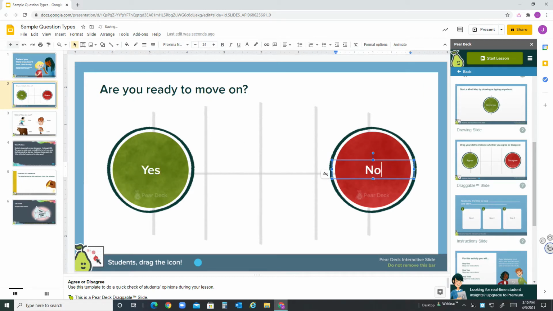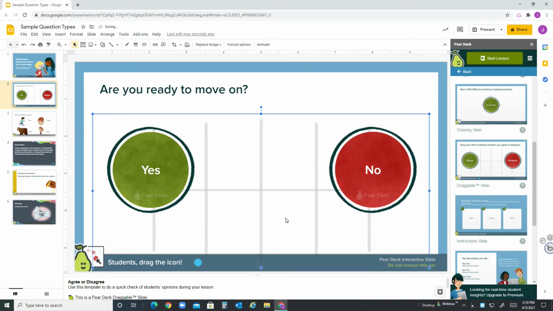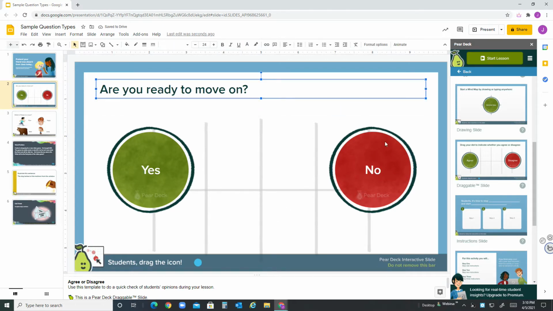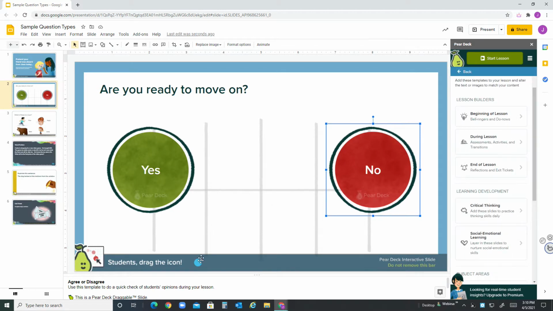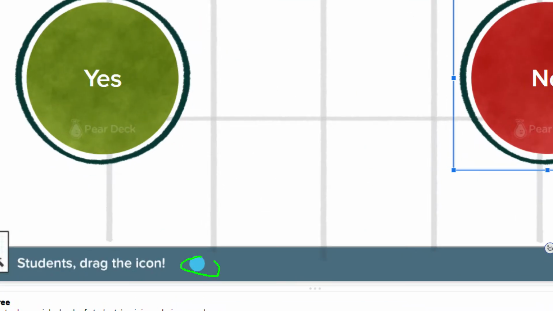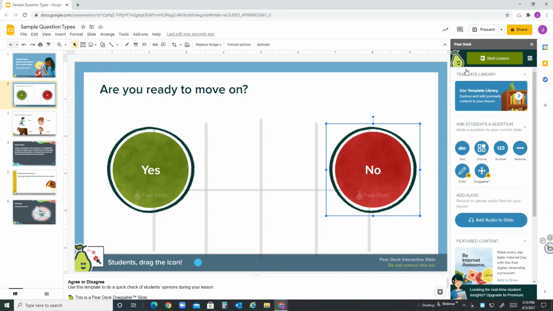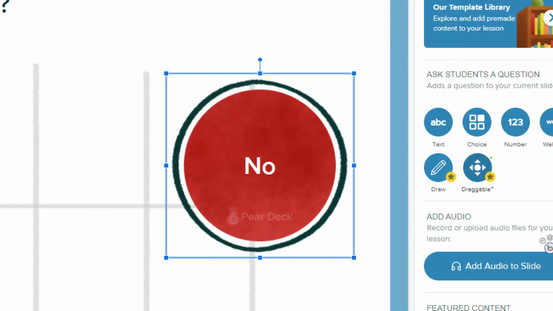And any of these templates here, you can change the text to make what you need. You could even delete the images and make new ones. You have full customization of how the slide looks. However, you will not be able to edit what the students are dragging for the most part, because that's a paid feature here. If I were to just click this draggable icon,